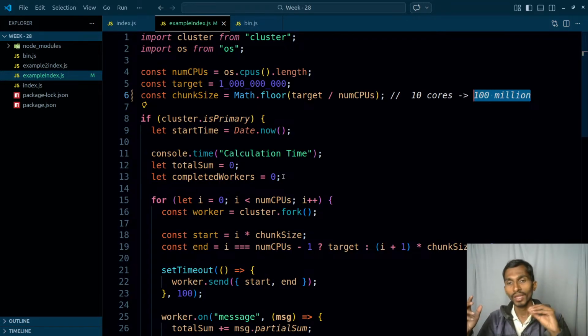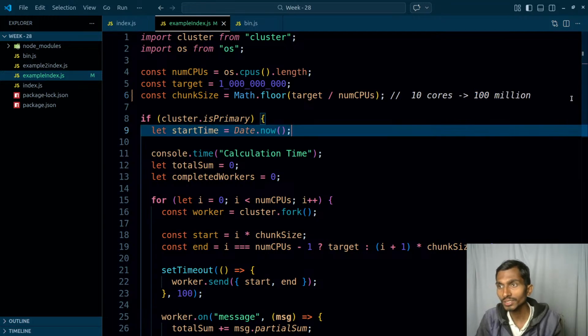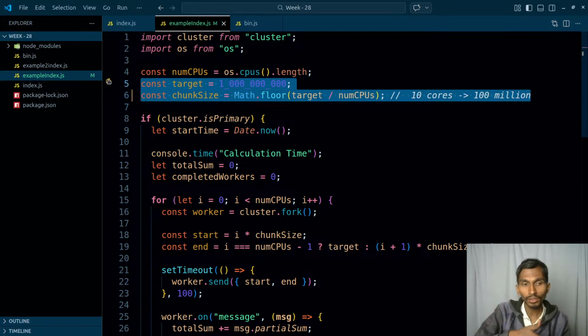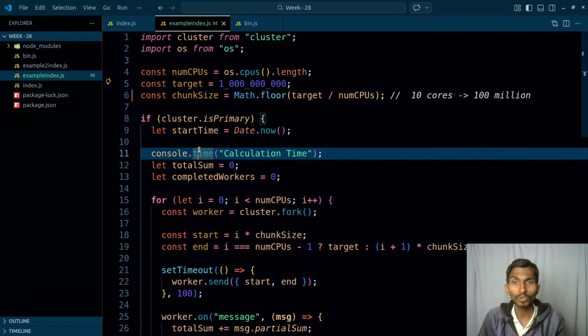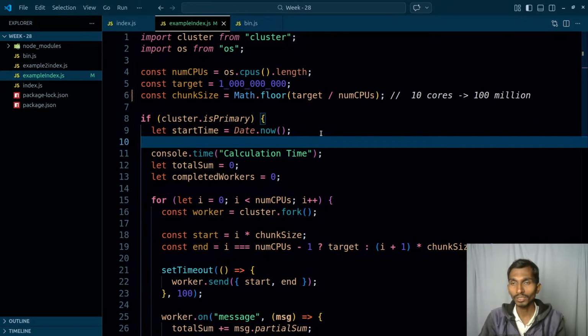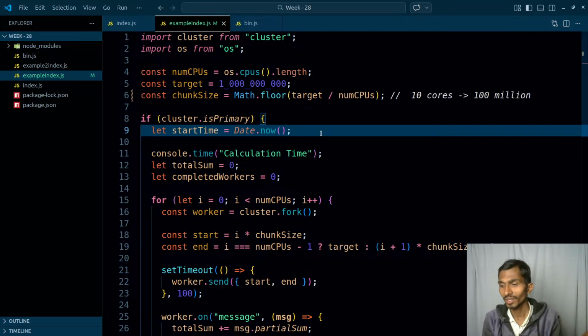So it's like I'm calculating the things, but that one process, like calculating from 1 million to 1000 million, is actually being divided into chunks, and those chunks are being handled by different threads. So if you have multiple threads, those multiple threads are going to be used. If you don't divide it into chunks, then the same process is going to be used by only one thread, one core, and the remaining cores are going to be of no use, because they will have nothing to do.